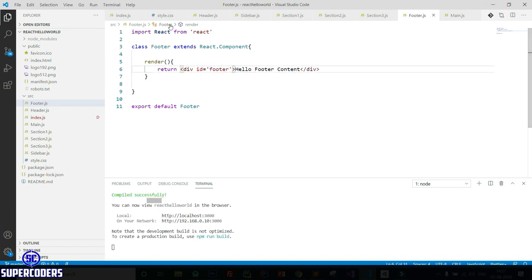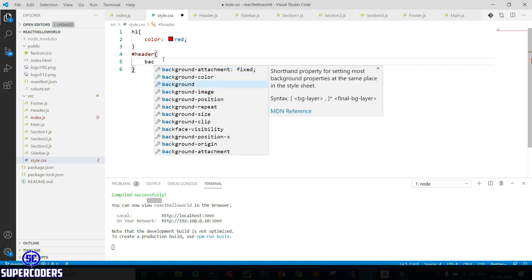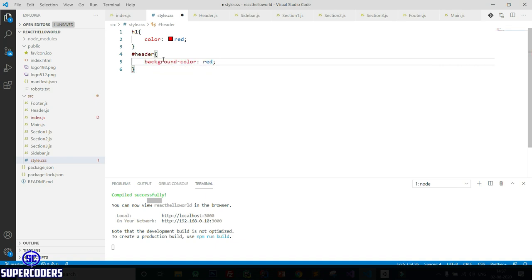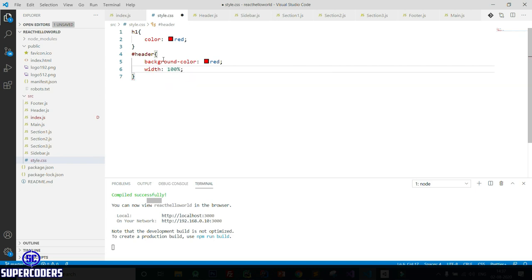Now let's do our styling. So for header, adding background color red with width 100%, height 200 pixel.